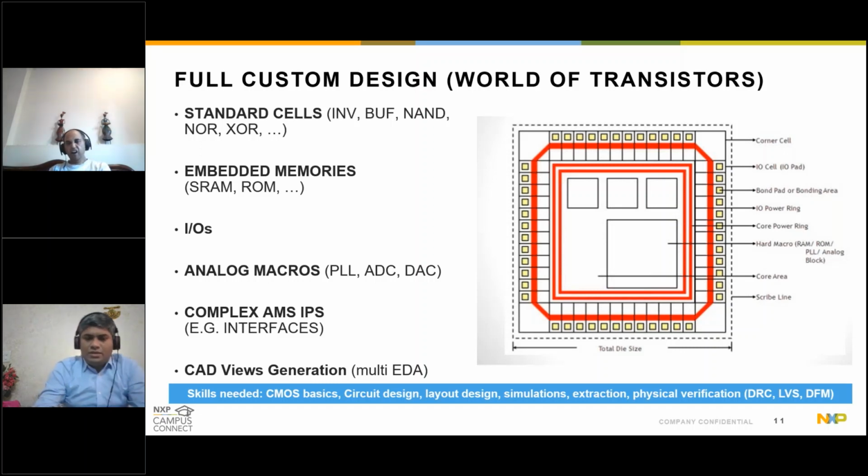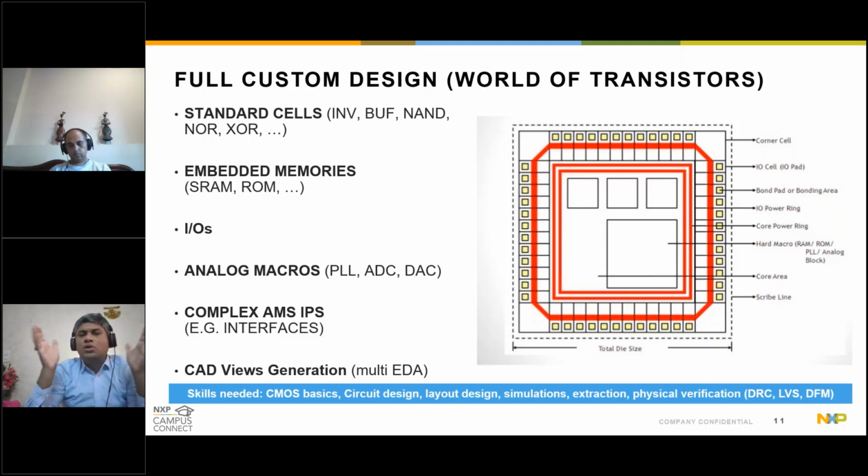Then complex interfaces that we talk about, and essentially when we work in the CAD environment, we have to generate different views. For the same design, there could be different views which work for different aspects of the design flow. For example, schematic and layout are the primary views when we talk about full custom, but you need an abstract view where you only have the abstraction. That's what we call the abstract view. Why? Because we need the pin information only for doing the next level of connectivity at the chip level. So these are the different CAD views which are required to package the deliverable for the next level of integration in the chip.